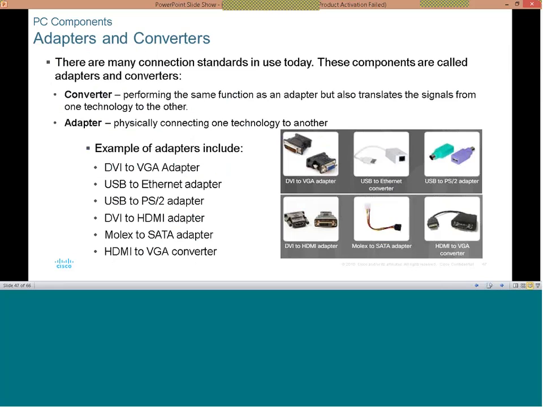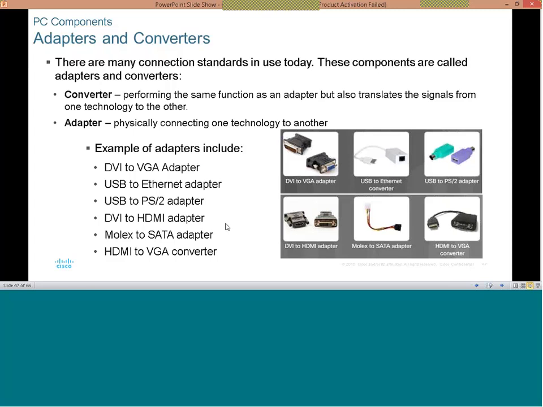And so you can actually have converters. These days, we discover that we begin to have systems that don't have HDMI. So how do you get an HDMI working on that system? So we have converters. What we're showing here now under the example of adapters are different converter types. You can have the one that is Molex, and then you can convert it to SATA. So that there will be this backward and forward